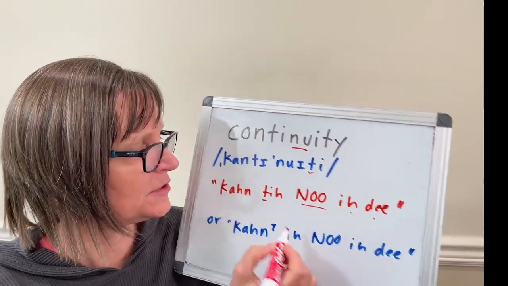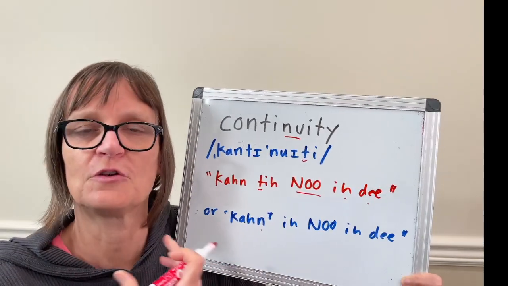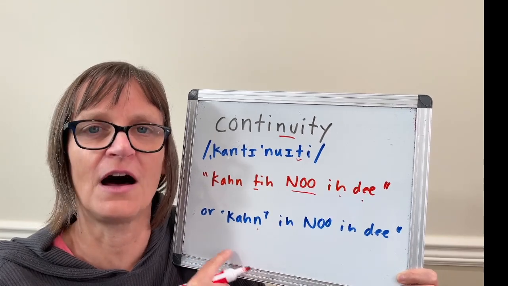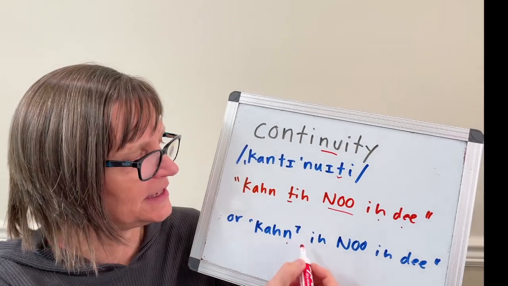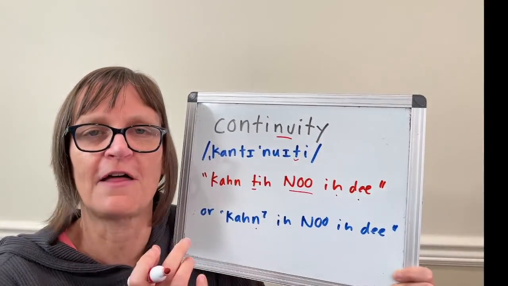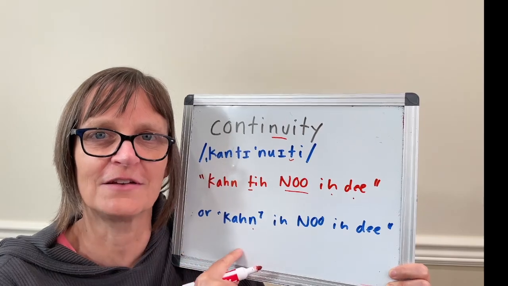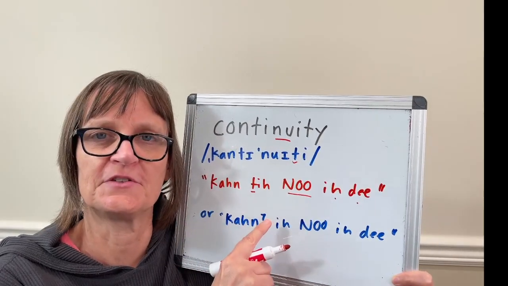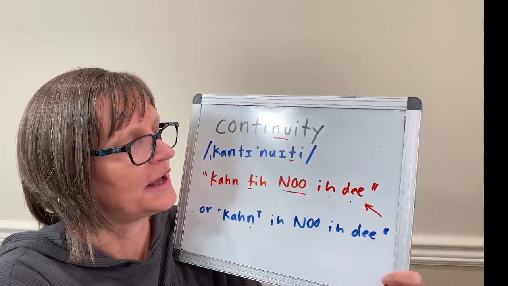That would sound incorrect, so that's not an option. But we sometimes will use an unreleased T and a syllabic N. So rather than continuity, you will hear people saying continuity, continuity. So that's basically inserting a glottal stop there rather than doing the T, or creating a stopped T by lifting the tongue. Continuity. I think continuity is a little bit easier to say and very clear what you're saying. So this is the one I would recommend for a non-native speaker.